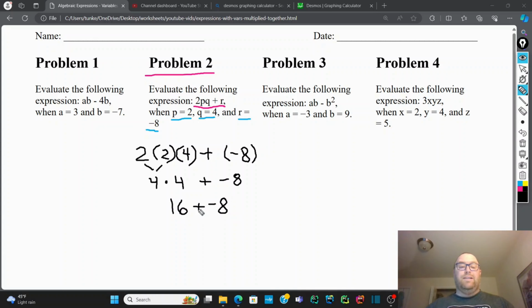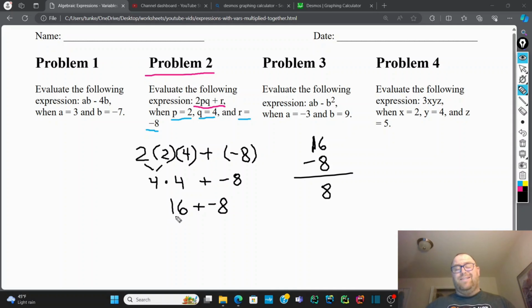That's the same thing as 16 minus 8. Again, we have different signs, so we take the number further away from 0 on the number line. That's the number that has the larger absolute value. We're going to subtract off the number with the smaller absolute value when we're adding two numbers of different signs. So 16 minus 8 is 8, and we're going to keep the sign of the number with the larger absolute